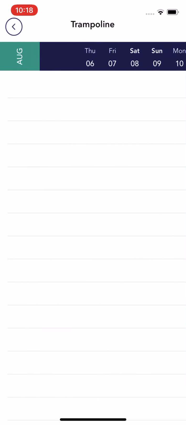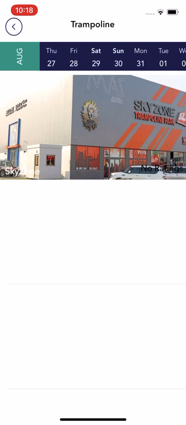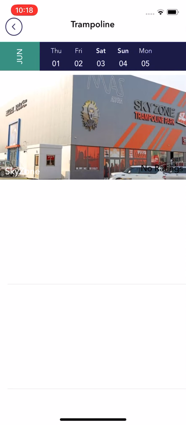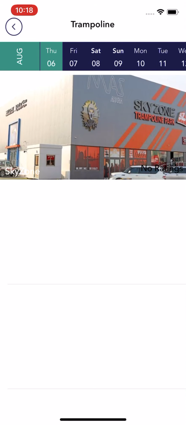Okay, this is the calendar. It will show today's date and the next feature, like we can show 6 months or 7 months, something around that, because here it is showing the whole 1 year. So this is totally depending on us how long we can show it, maximum 6 months or so. Because anyhow no one is going to do the booking for the next year. People are doing a booking maximum within a month, or maybe maximum 2 or 3 months.